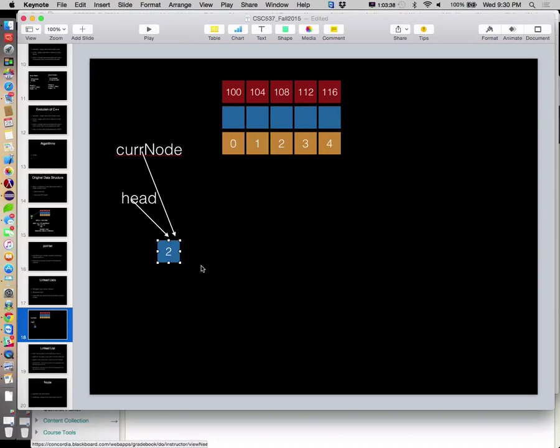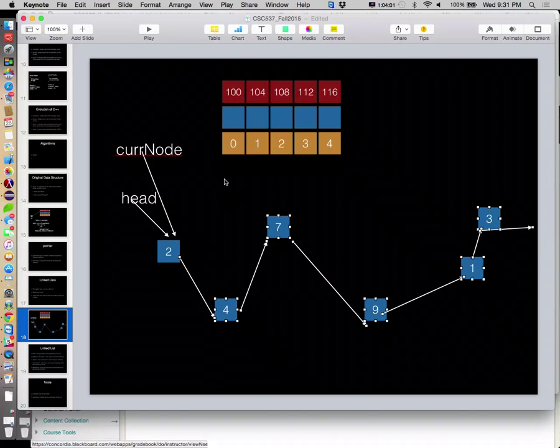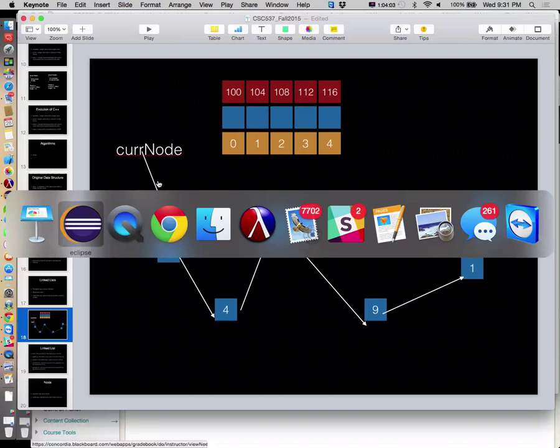So if I ask a null value, do you have a next node, it's going to be very upset with me. Java's going to scream bloody murder and stuff like that. So we need to make sure that Cur Node first has a next node before we can ask, does Cur Node's next node have a next node? Make sense? All right, so we're going to ask the question.